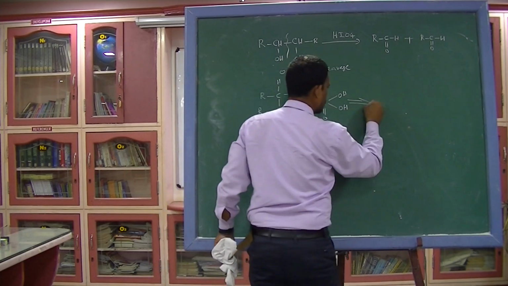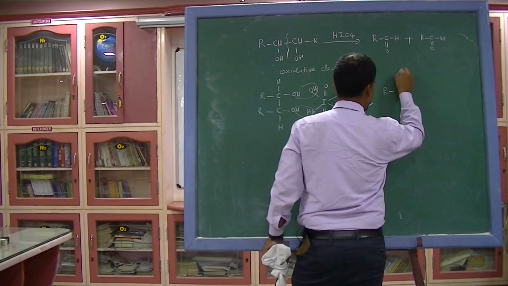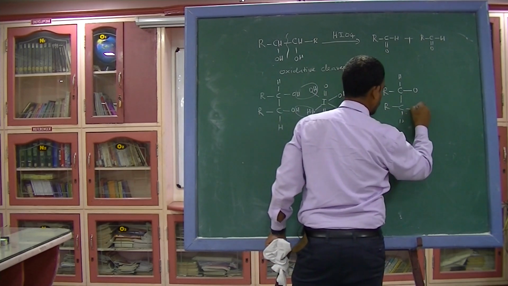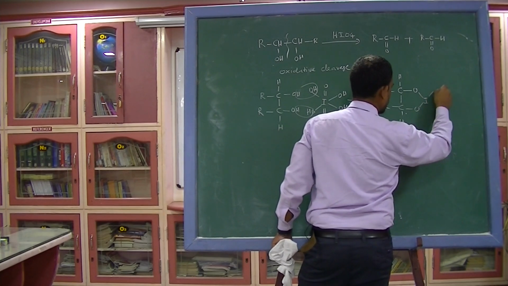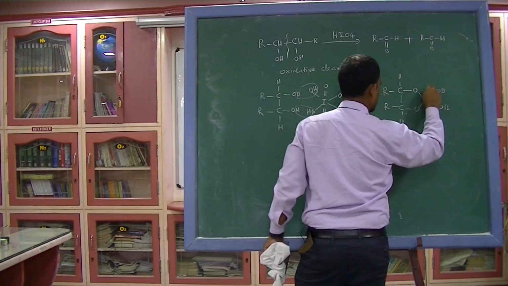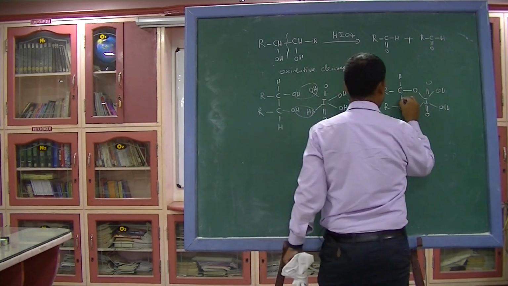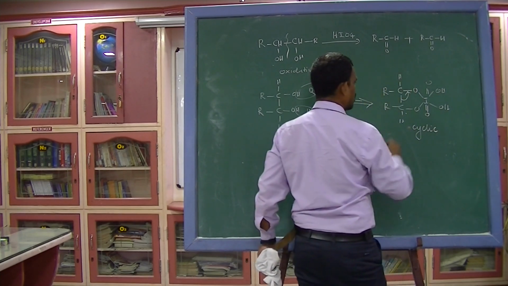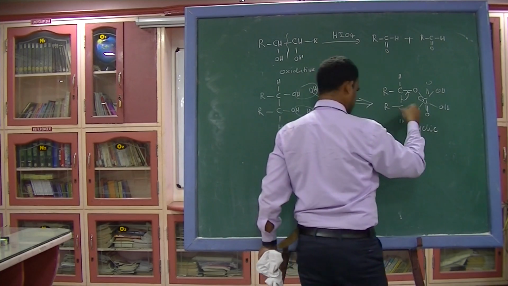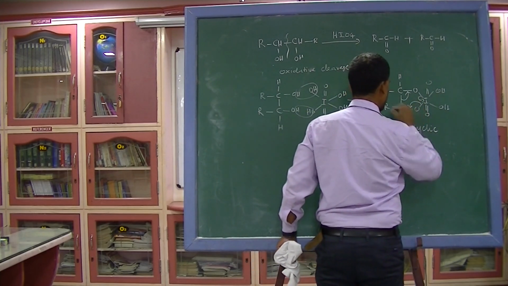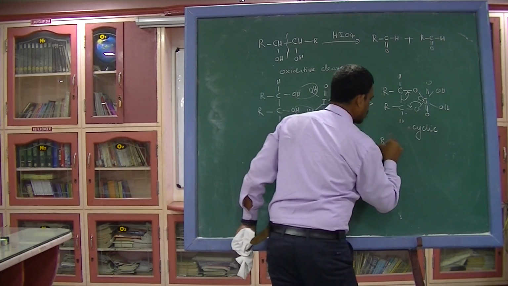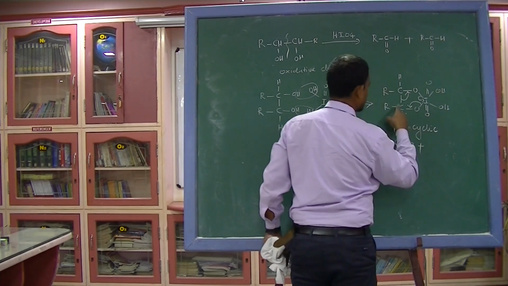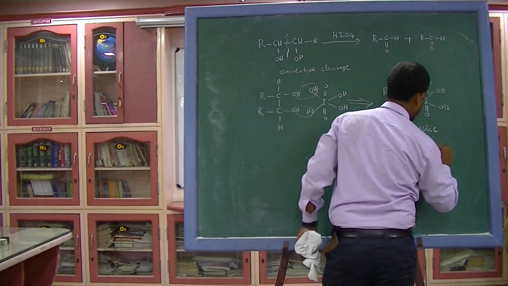First step, so it gives RCHO, iodine, the OH and double bond O. Now it's a cyclic intermediate. So now this CC bond gets broken. So you just see the products. RCH, the single bond will become a double bond, plus this bond will get broken. So you will get RC double bond.